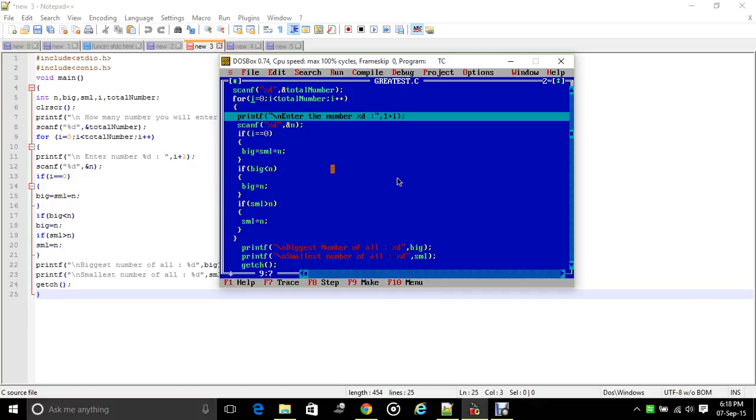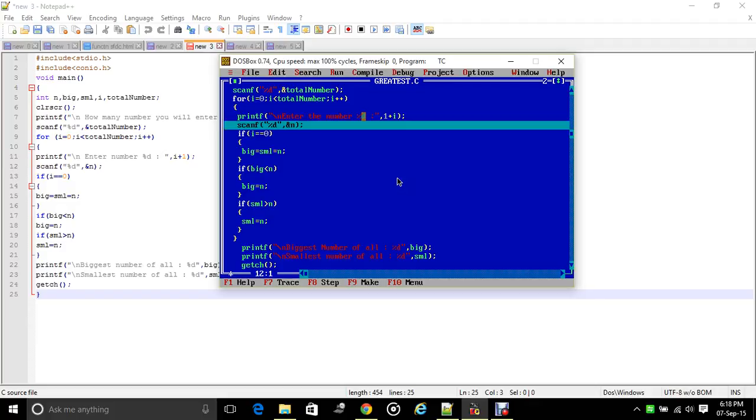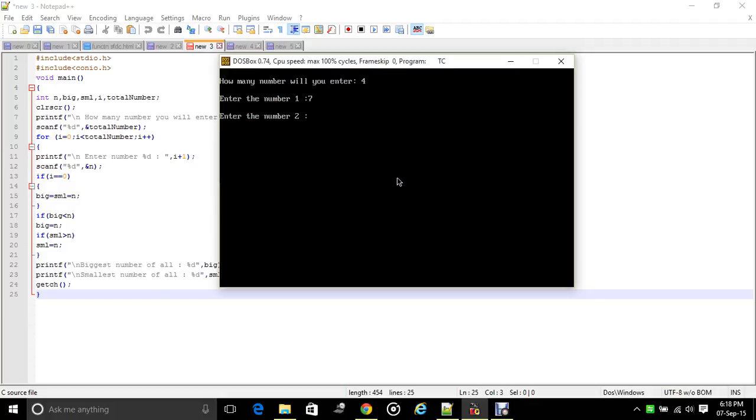Now the I will go from 0 to 1 because I has incremented, and now we will be asked to enter the second number, and here we will get from 1 to 2 because earlier we entered 0, so we added 1 to the 0 and we get 1, and now 1 plus 1 we will get 2, so it will print enter the number %d, means 2. By pressing F7, scanf, it will take the user value, enter the number 2. Suppose we will enter here -3, enter.